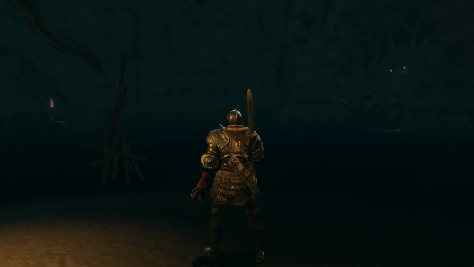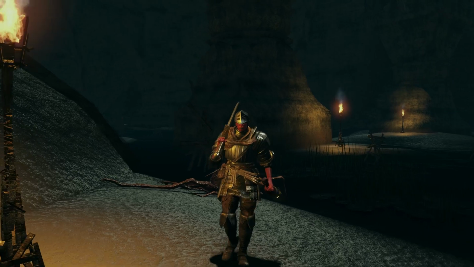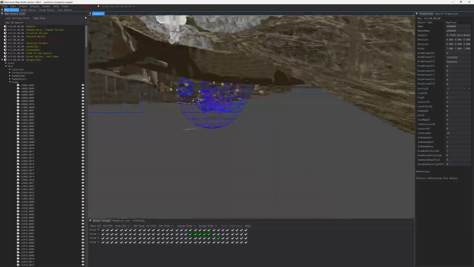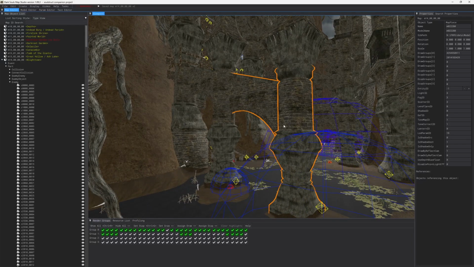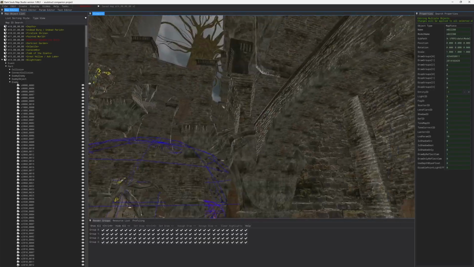One of the big changes is the torches I've added. And, ooh, I just forgot I broke something. Hold on a second. I broke something again because I was modifying a bunch of settings and stripping out baked lighting, and I forgot that it's gone through a lot of iteration, and I forgot that I turned on the shadow casting once again